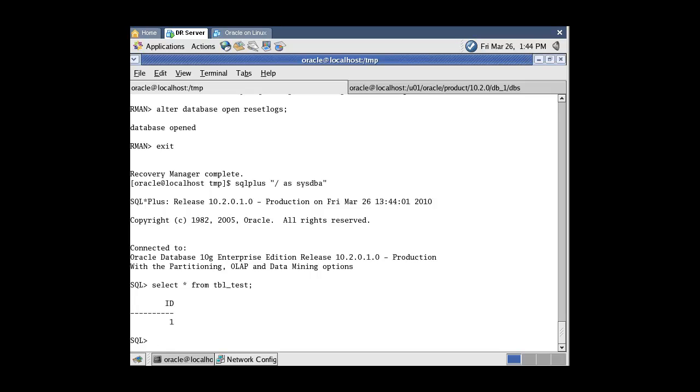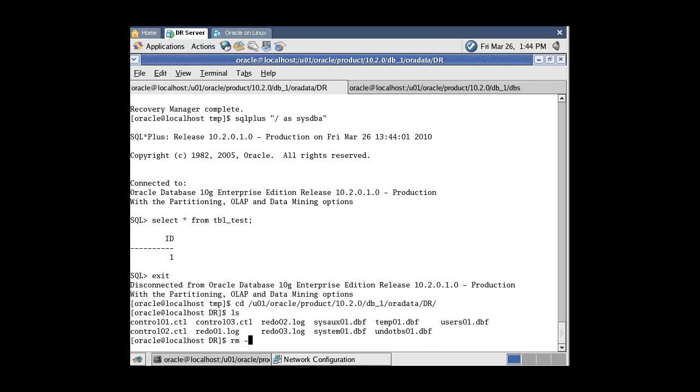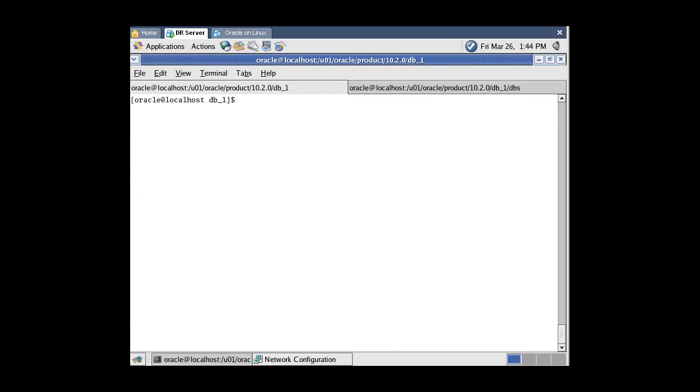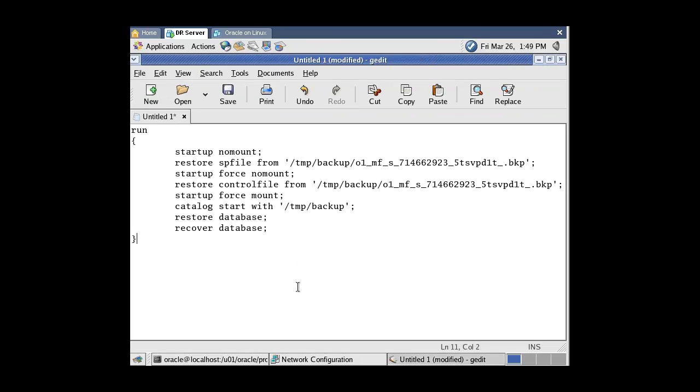However, we can automate this process by using a simple run block in RMAN. Let's delete all database files from the second server and copy all RMAN commands that were used in the previous recovery process. This is a run block that will be used in disaster recovery. Let's copy it,